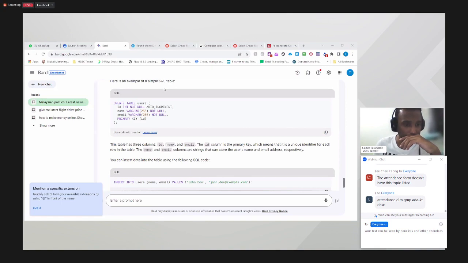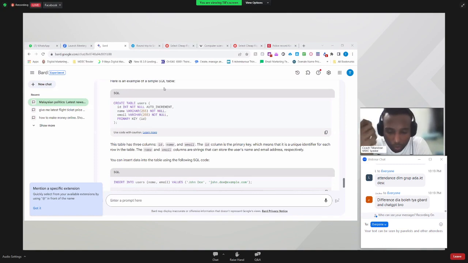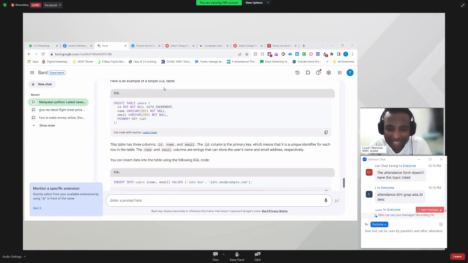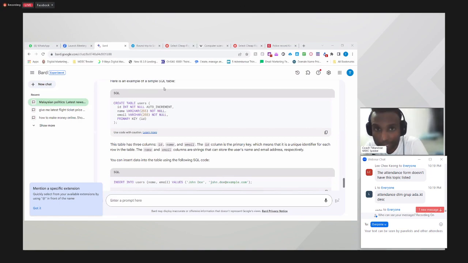Okay, so there's a question from Ahmad. Can you summarize the major difference between ChatGPT and Bard? So the keyword that I want to mention here, for all of you, actually I dah ulang benda ni, but let me just remind again. Google Bard, the main difference is the information is factual. When I say factual, it's up to date with the latest information. Itu nombor satu. Compared to ChatGPT.